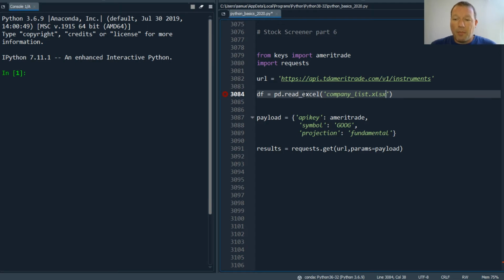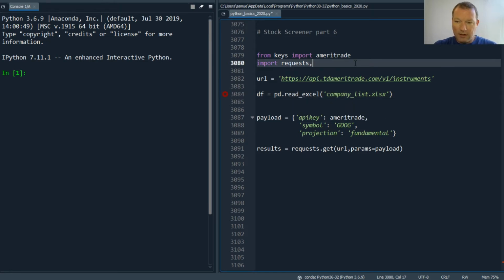If you haven't seen before, this file is also on my GitHub, so you can go and grab it and pull it down. Let's see, company list. What is it saying? I'm not using it. Oh, alright. I need to bring in